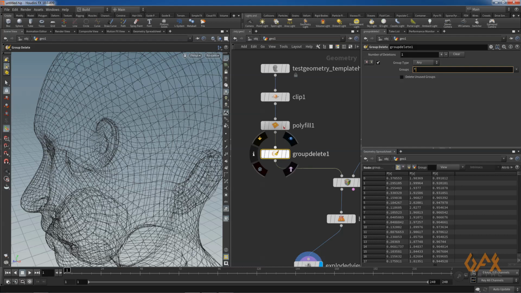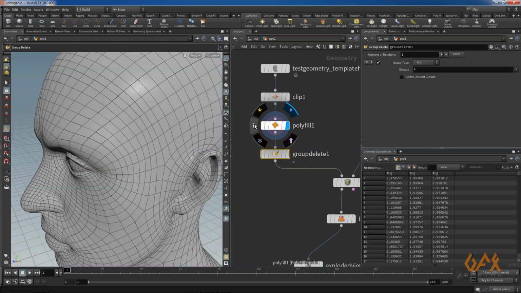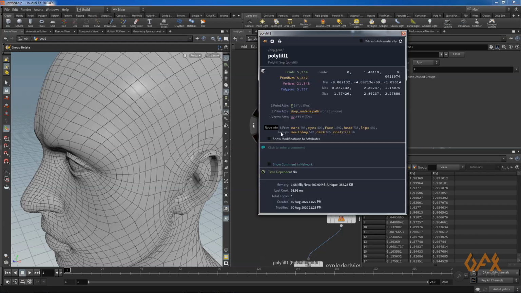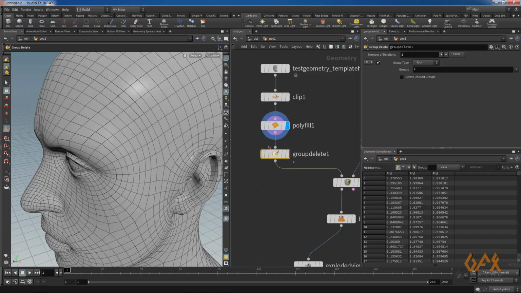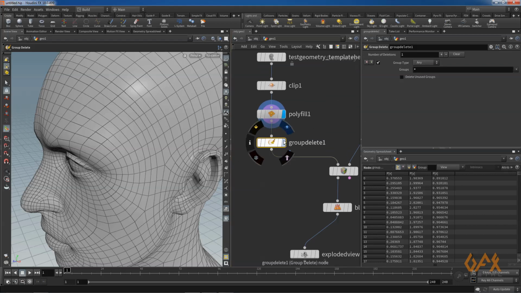So it deletes all groups. See over here, I just press this node info button, and you see here you have mouth, back, neck, head, lips, all these groups. But now when you group delete and press star, that means all groups should be deleted.